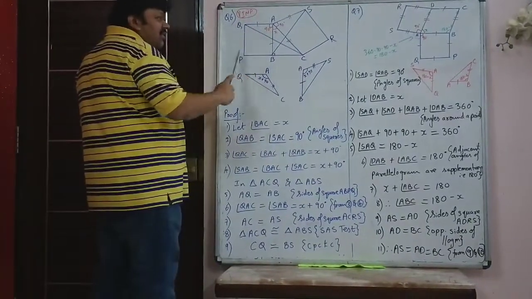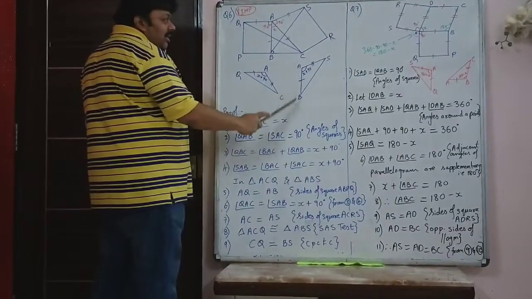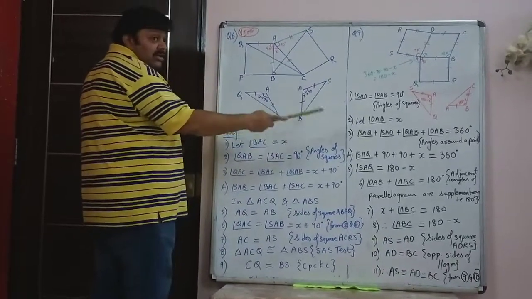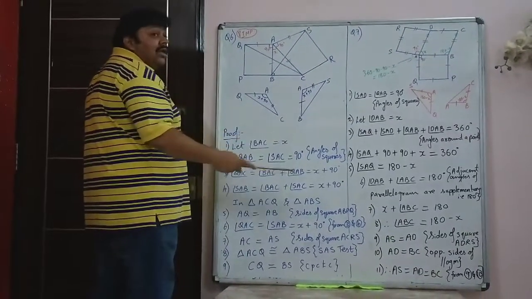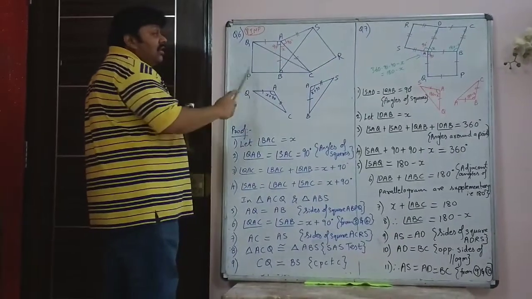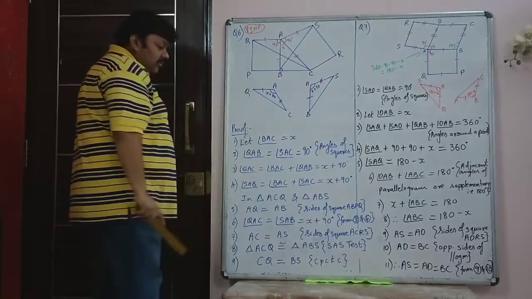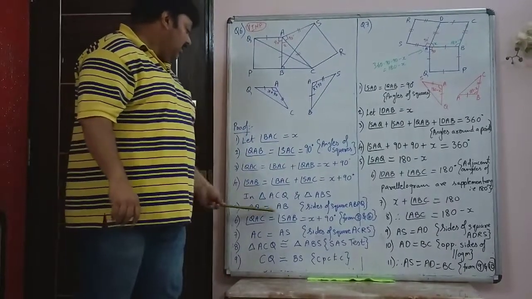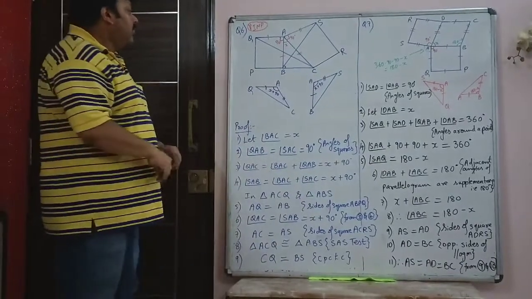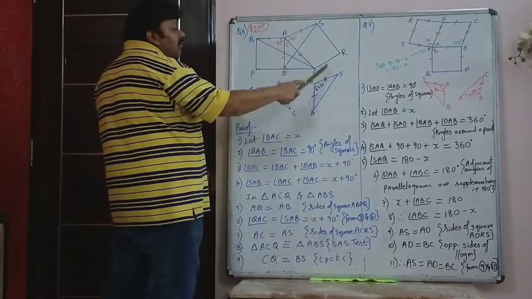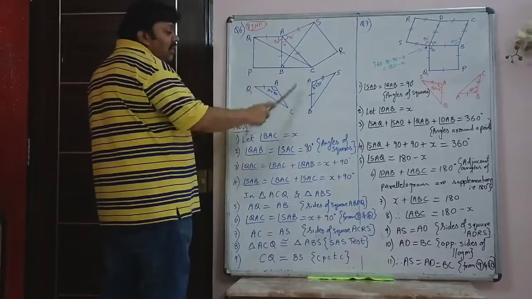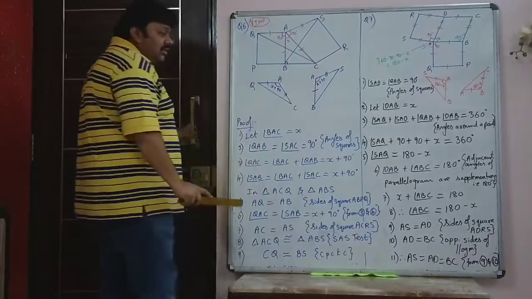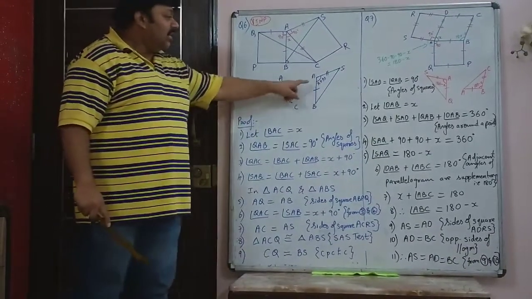When you draw those two triangles, you will find that QA is here and AB is here in the other triangle. So QA and AB are equal. Why? Because they are sides of the same square ABPQ. So you have written that AQ is equal to AB, sides of square ABPQ. Similarly, in our required triangles, AC is here and AS is in the other triangle. That is why this is marked with a double line.